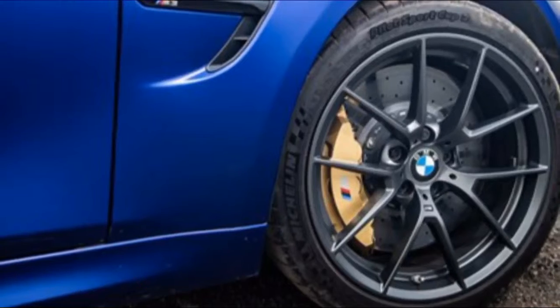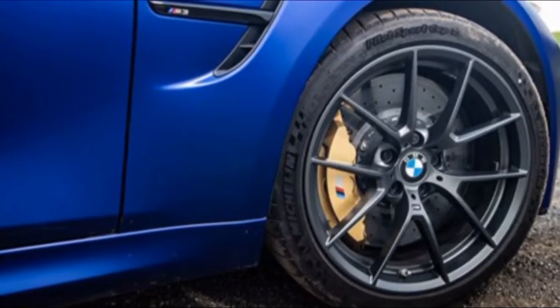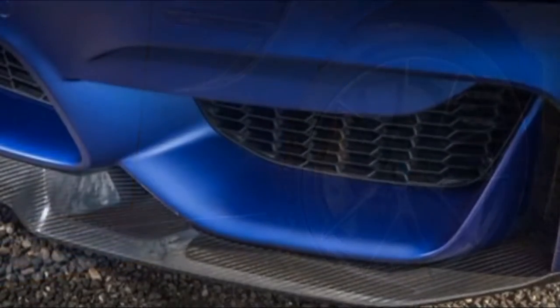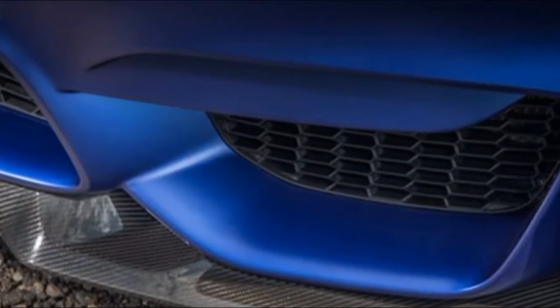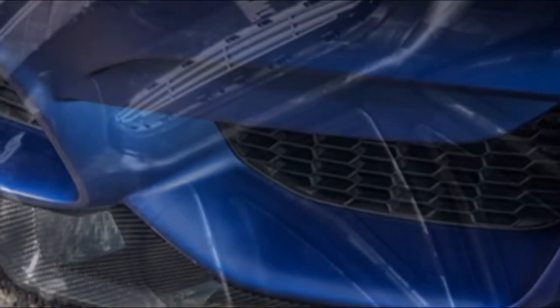While the regular M3 and M3 Competition Package can be spec'd with either a manual or dual-clutch auto transmission, the M3 CS is available only with the latter. It works very well, and in manual mode the metallic shift paddles on the back of the wheel feel good, too, with a proper click feedback to every shift,